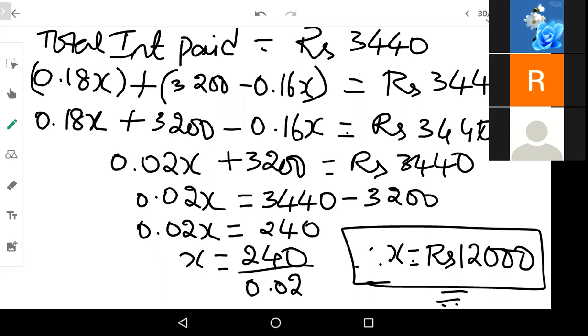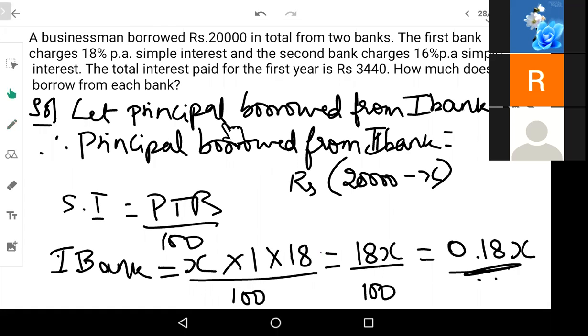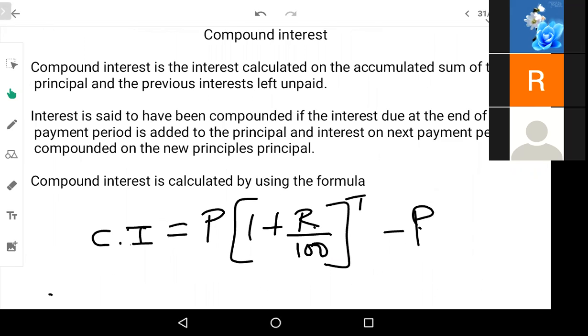Now we have to write the conclusion. Now what was x that we derived? The principal of the first bank was x. Correct? So we have found out x to be 12,000. Now let us find out the principal of the second bank also. So going to the conclusion part,